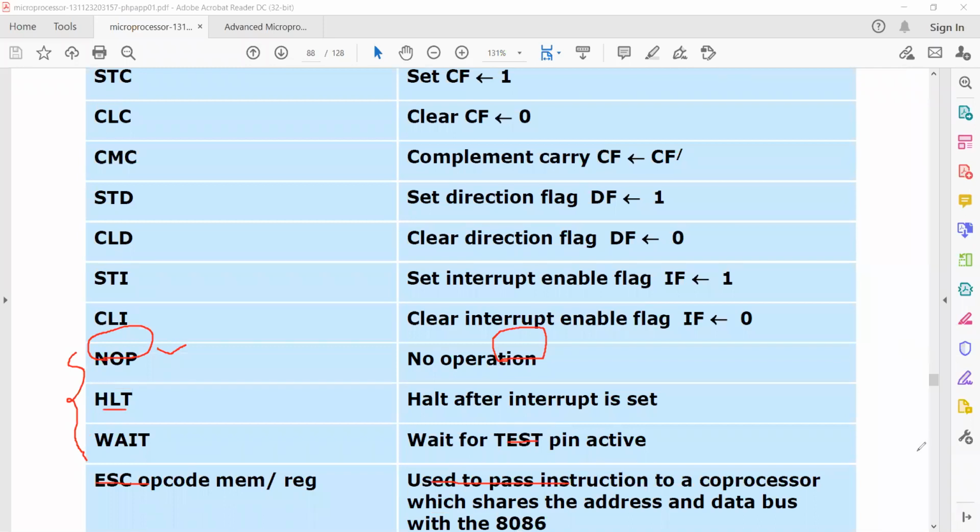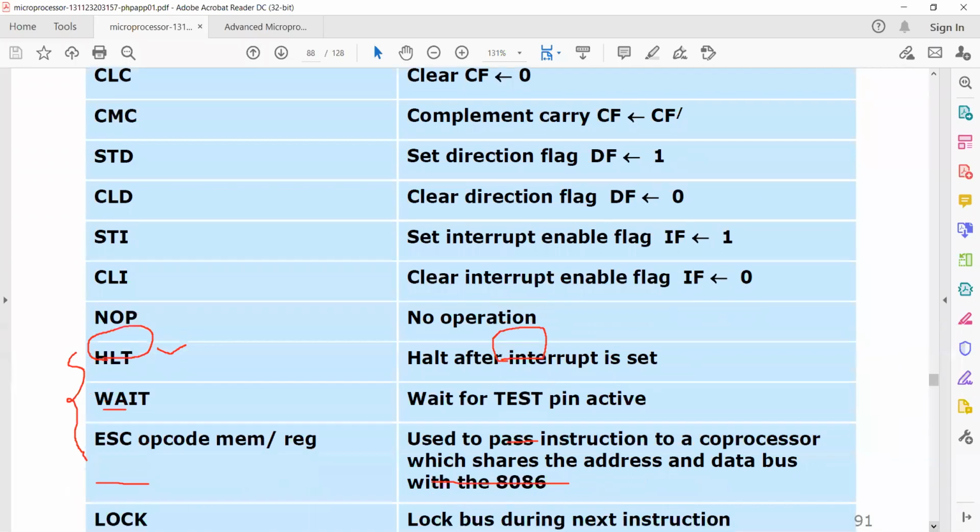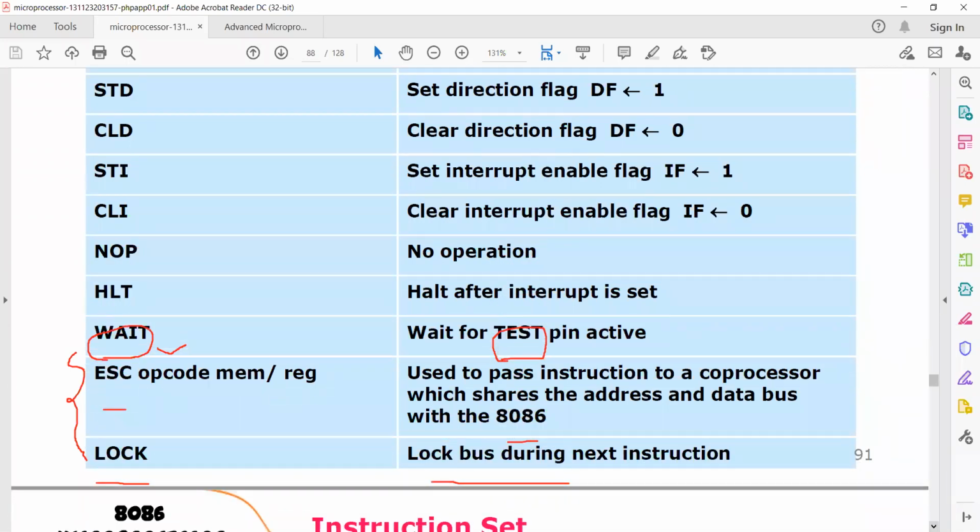When you use this lock instruction, that particular processor's bus system is locked, so no other processor in the system can access it.